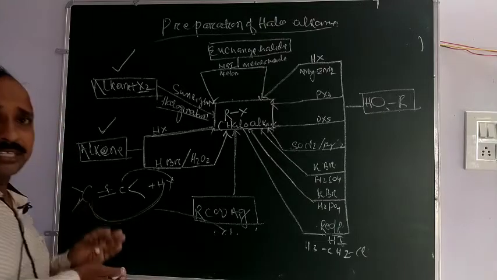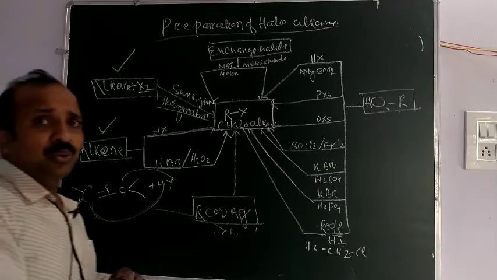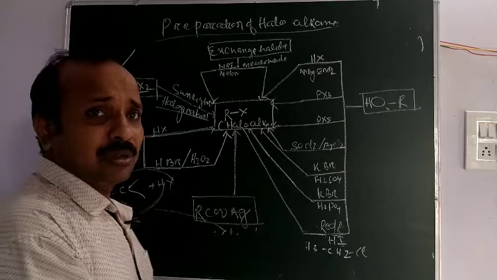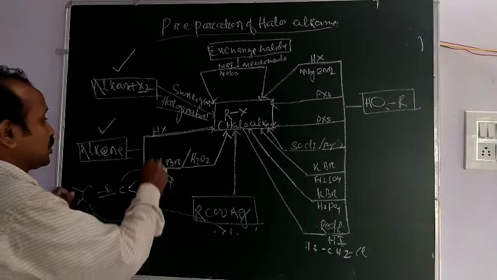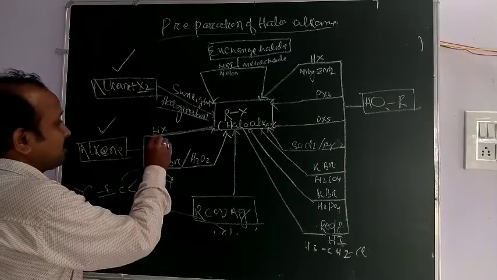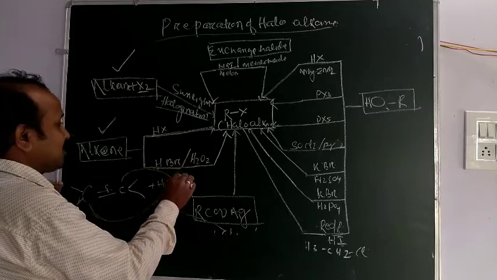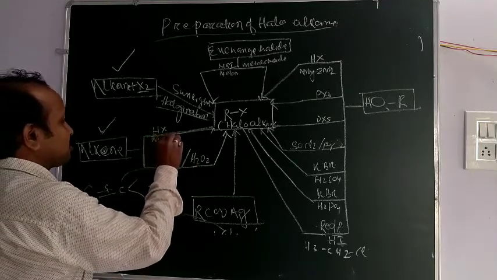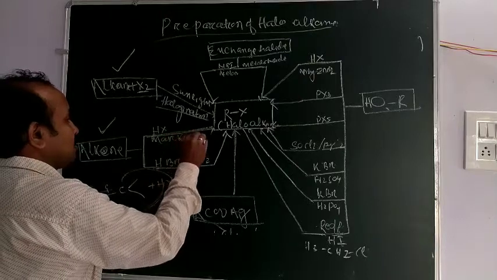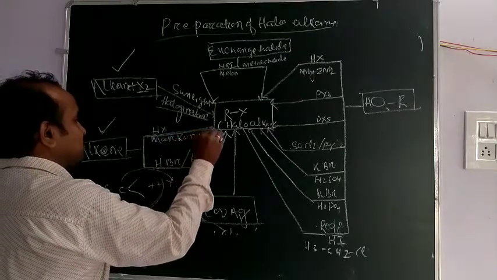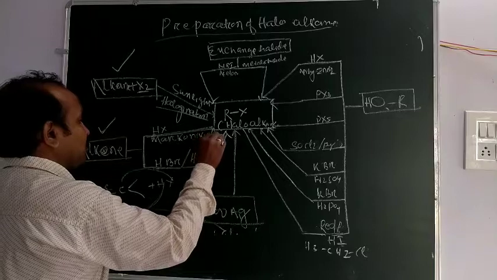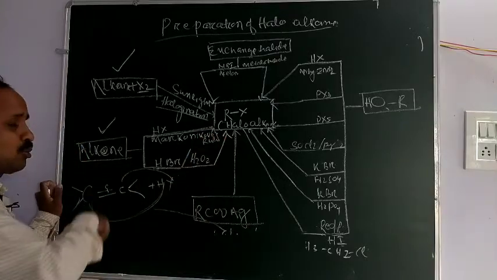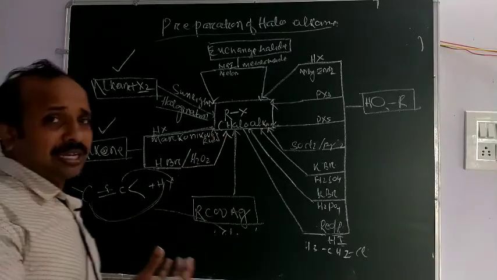Then the question arises, halogen goes to which carbon? Halogen goes to which carbon? So there are two rules. One is Markovnikov's rule, another one is anti-Markovnikov's rule. Markovnikov's rule means, this is Markovnikov's rule. Markovnikov's rule means halogen goes to that carbon which contains